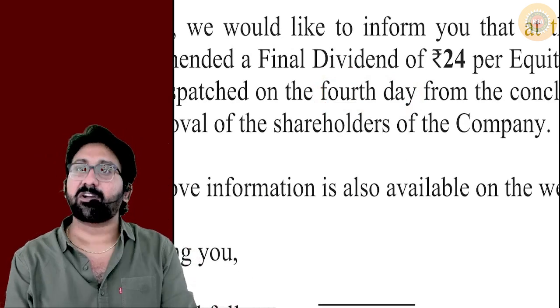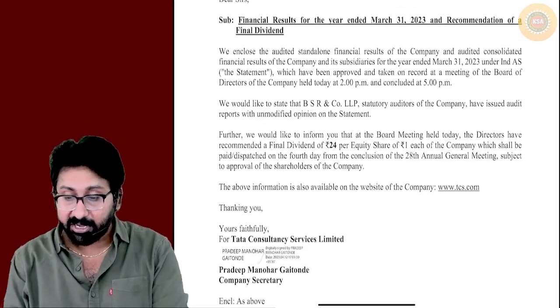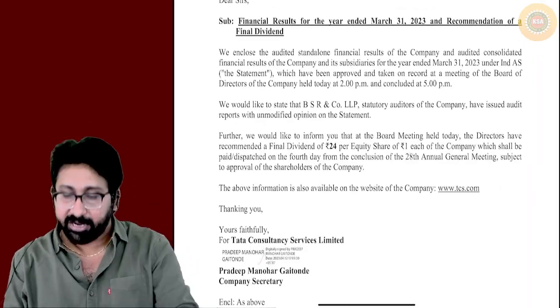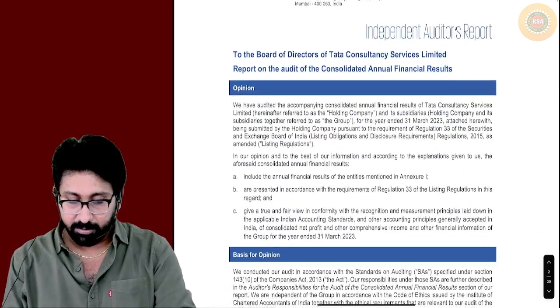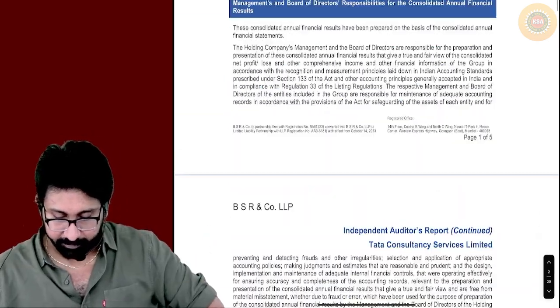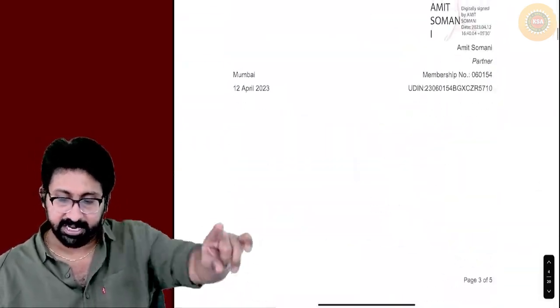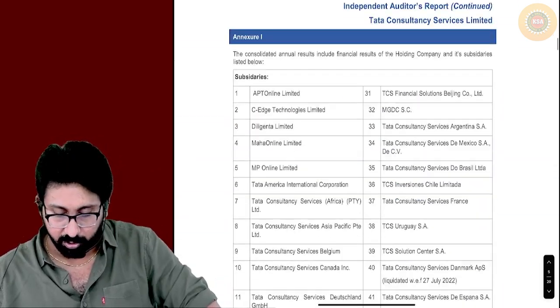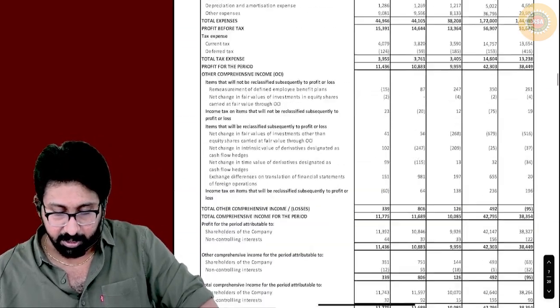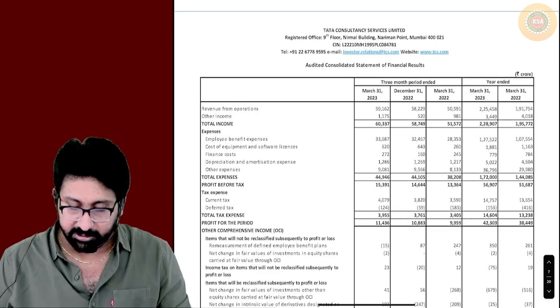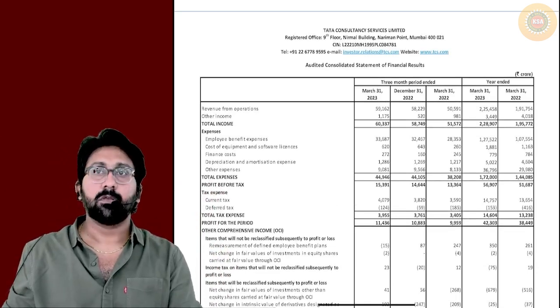The beauty of the Companies Act, you will see, once you practically do something rather than bookish reading of the concepts. Audit report and all these, in auditing you will learn. I'm not going to discuss them and waste your time. Mainly, let us come to the concept. See here.